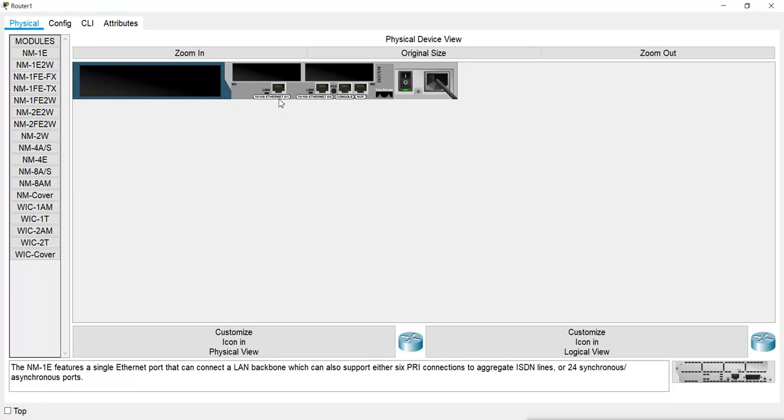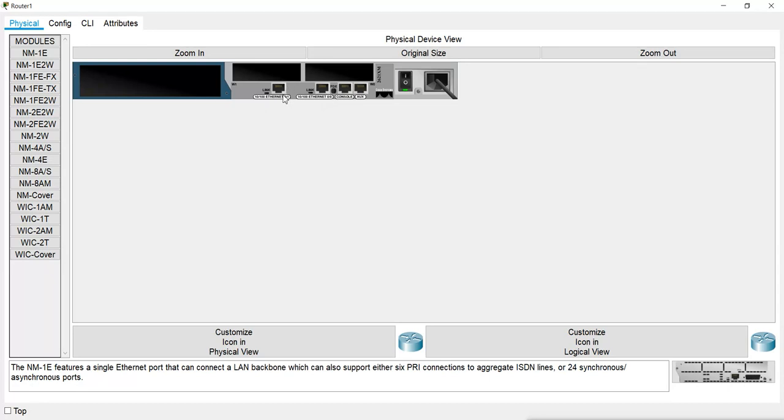Remember, if you have a fixed port router, that is the 2500 series, then you will see port 0 and port 1 directly fixed. You will not see 0/0 or 0/1. Because this is a modular router, you are seeing the interface numbers like 0/0 or 0/1.